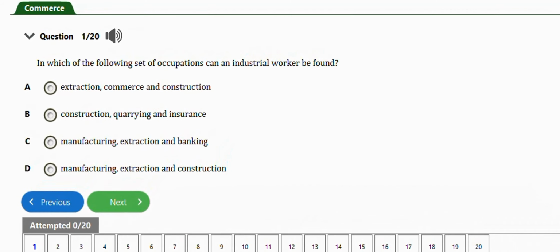In this video, we are going to learn how to solve the JAMB commerce problems under types of occupation. So guys, we have about 18 to 20 repeated questions practice in the video. Let's get started. The first question I have here says, in which of the following set of occupation can an